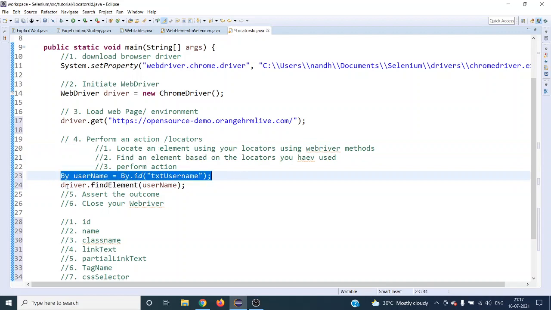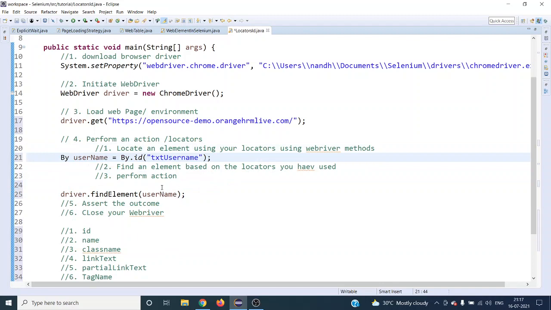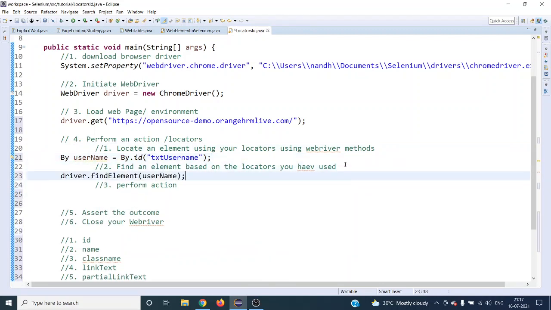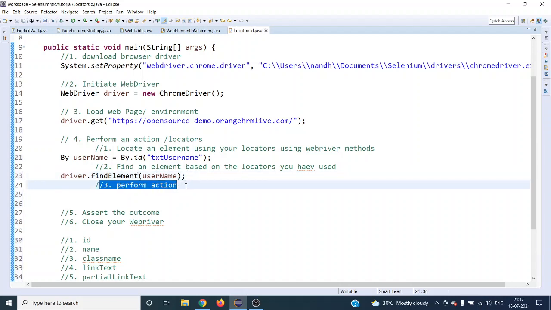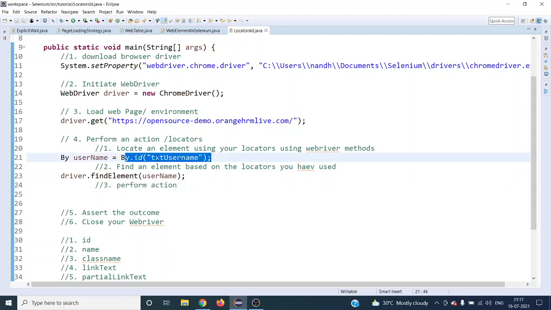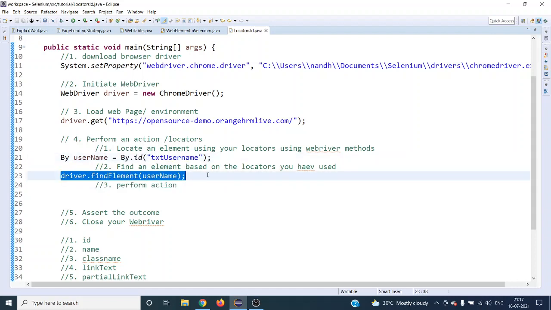So next, the locating strategy is done, and you are finding an element, right? What is the next step? Perform an action. So now you have the locator strategy, id, and you have found the particular web element, right?